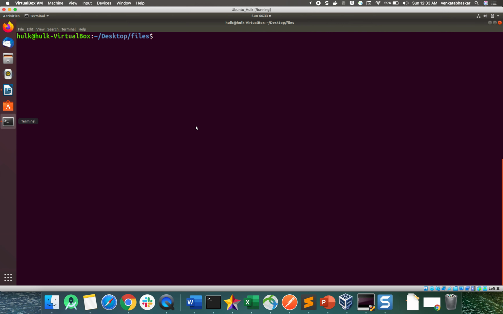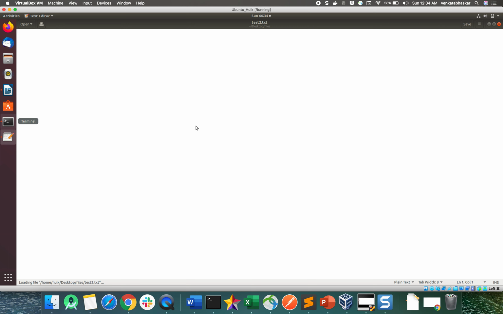Clearing my screen. By default the gedit editor is available in Ubuntu. Type gedit, and you can create test2.txt. An editor will open for you. If you immediately enter, you can type hello world. I entered some message. There is a save option on the right side.